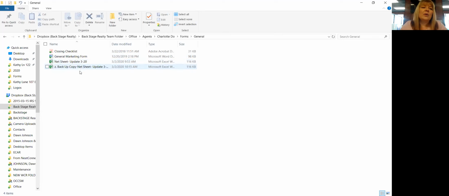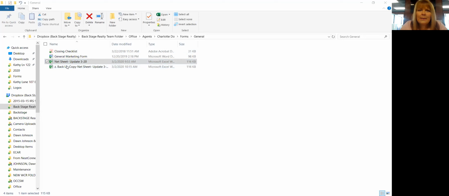So you can always go back here and you've got a backup copy of it. So this is a clean copy with nothing changed. So, if you get excited and you start populating this one and accidentally save it as your primary net sheet, you can go back to this backup copy and then save it as the